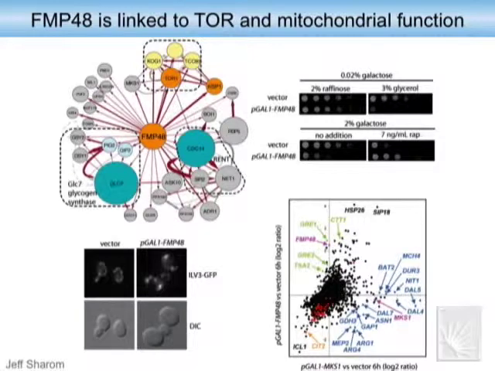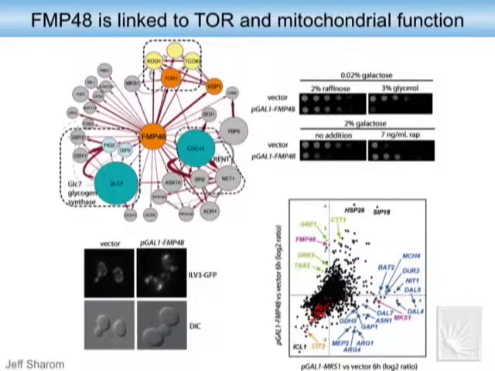And so from this network, we started asking the question, well, it looks like it could be involved in some nutrient sensing. It looks like it could be involved in some target of rapamycin signaling. And so we started doing some experiments. One of them was simply to try to grow the yeast overexpressing a mild amount of FMP48 on different carbon sources. And as you can see here, the cells that express FMP48 grow fine on a regular source, such as raffinose, but if you switch them to a different poorer medium, they're almost completely unable to grow,